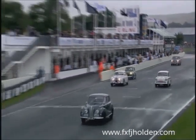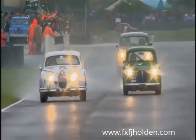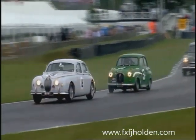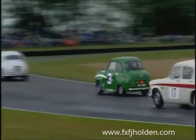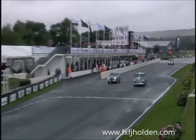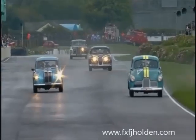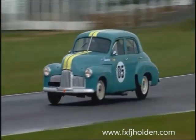But the first part of the St Mary's Trophy is won by Derek Bell in Grant Williams' Jaguar Mark 1 after a fantastic battle with Tony Jardine in the Austin A35, who was just 23 hundredths of a second behind. John Fitzpatrick will be third in the A105 Austin. There he is taking the flag now. Then it's Peter Brock, who just held off Bobby Rahal and Tiff